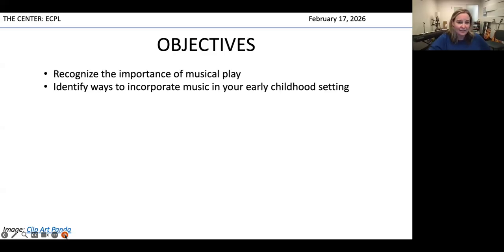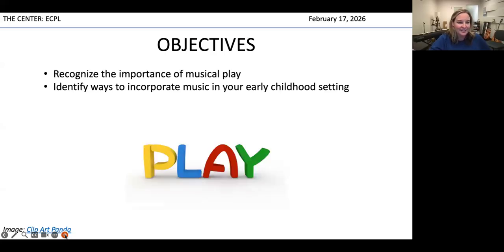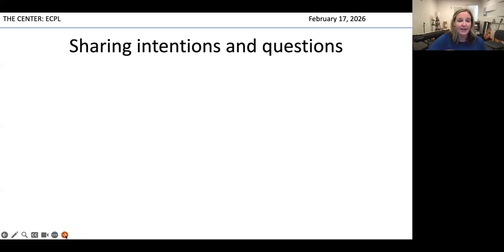But on the back end of this presentation, and by the back end, I mean the second half of this presentation, we're really going to spend time playing together, hence the manipulatives and some of this early on discussion to know sort of where you are in your own personal music making. So as we get started, I just want to share any questions or intentions that you may have based on